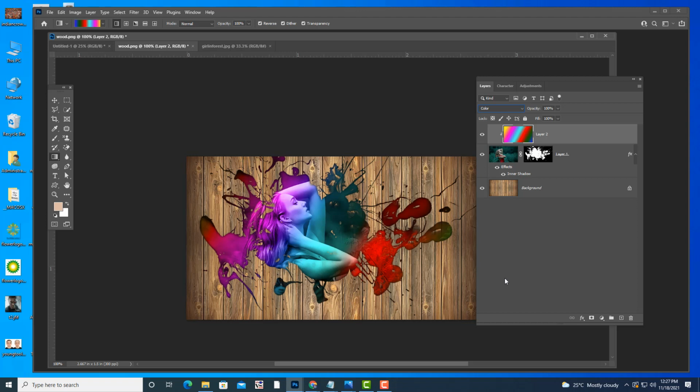So these are some nice interesting things that you can do. Apart from using the normal brush, you can also experiment with the fancy brushes. You can download some interesting brushes from online and do something similar to this.